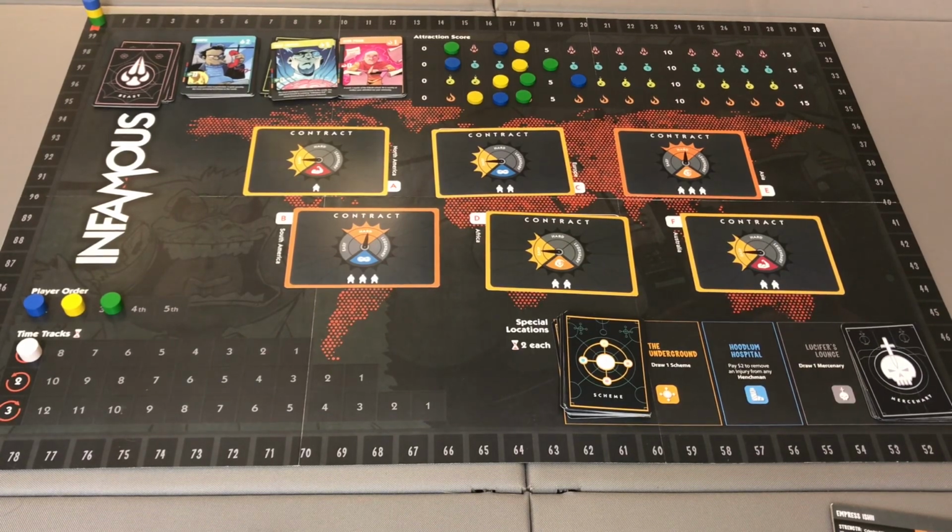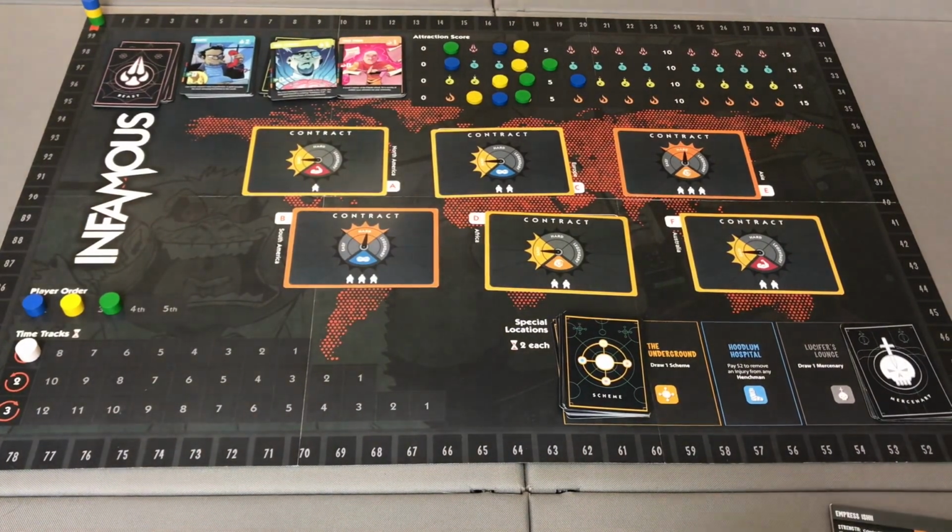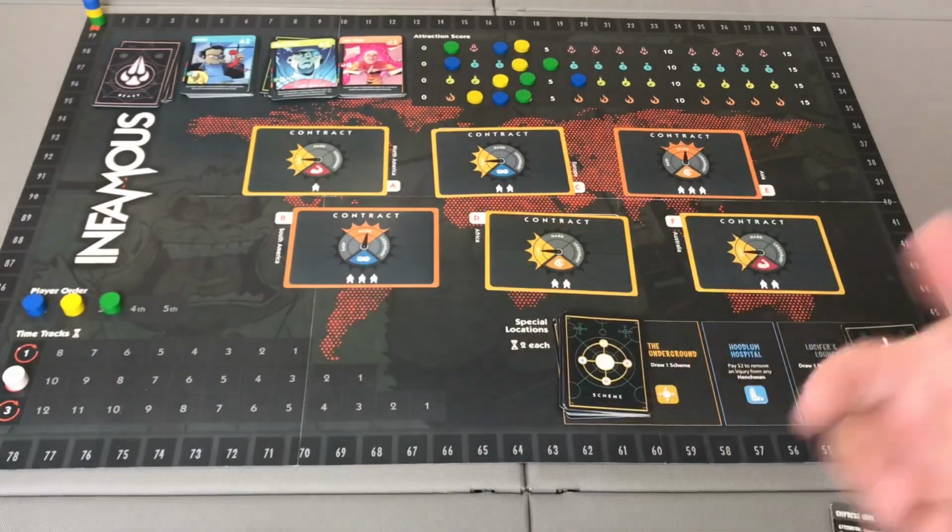You do have the option of firing henchmen. If you would like to get rid of some, you can discard a henchman and remove them from the game as well, so you don't have to pay them next round. Maybe they're not giving you stats that you're looking for, those types of things. We move the round marker down to round 2, and we begin again with